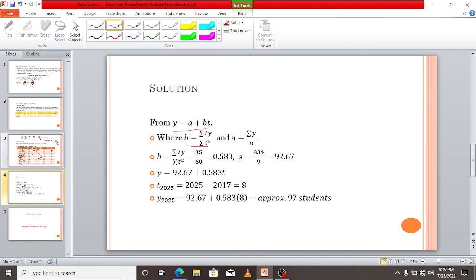So to get a, it is summation y over n. Summation y, you come here and you add. So you add and you get the total of y. Okay,